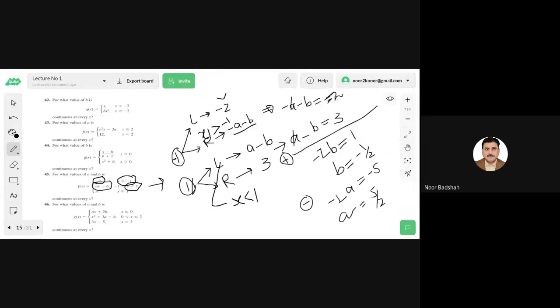अब मैंने x की जगह 1 पुट किया तो मेरे पास a minus b आ गया। और जब मैं राइट हैंड लिमिट की बात करूंगा तो वहां पे मेरे पास x greater than 1 होगा, और x greater than 1 के लिए फिर कौन सा फंक्शन यूज हो रहा है, वो 3 यूज हो रहा है, तो मैंने 3 को यूज कर दिया। क्लियर? Yes sir, क्लियर हो गया। तो 1 के लिए आप यूज करेंगे, -1 के लिए, दोनों के लिए यूज होगा accordingly।